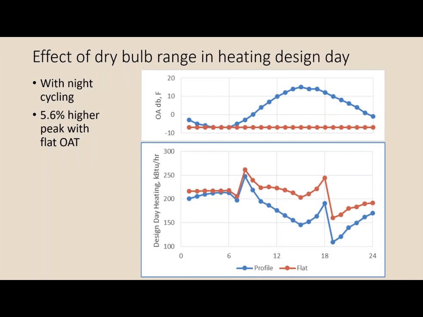When you look at the ASHRAE published design day data, usually they don't specify a range for the outdoor temperature on the heating design day. They'll specify it for a cooling design day, but not a heating design day. So what I mean by the range is how much it varies from the extreme case to the less extreme case on that day. So for heating, in this case, I think this is probably Chicago, the heating design day in the file was -8 degrees,